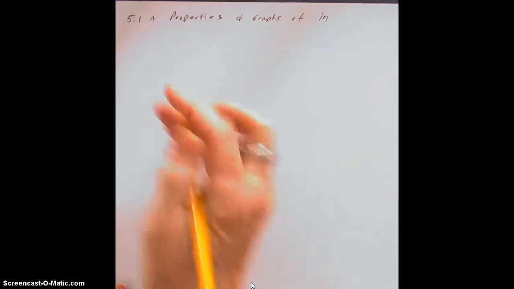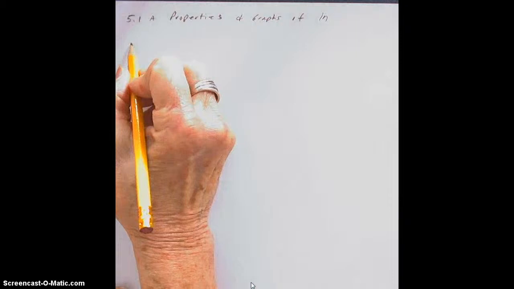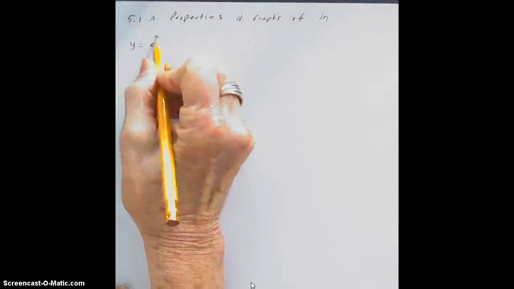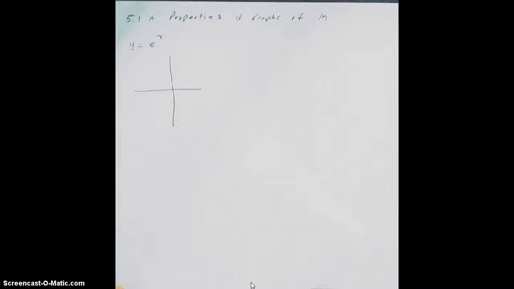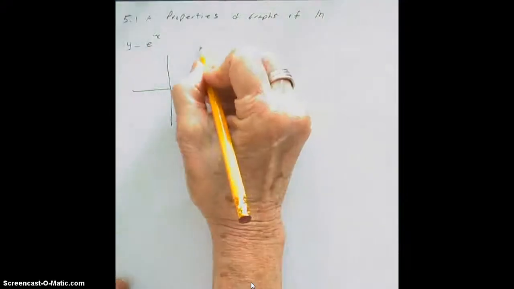Yesterday we discussed how to solve for logarithm functions. Today we're going to discuss some properties and how to graph natural log. So let's first take a quick look at what the function y equals e to the x is. Remember that e is an irrational number that is approximately